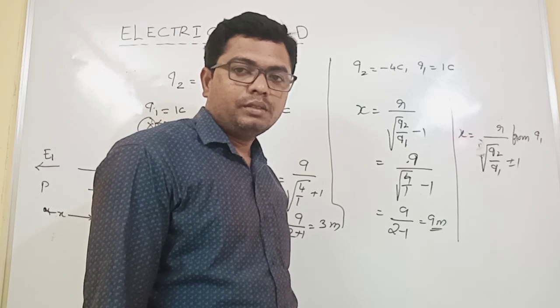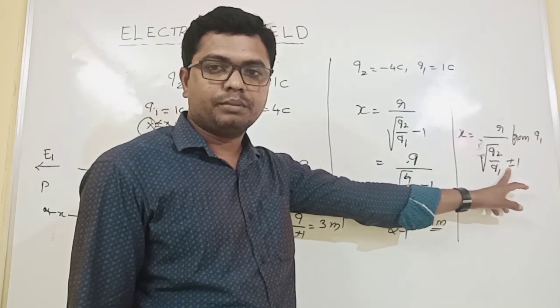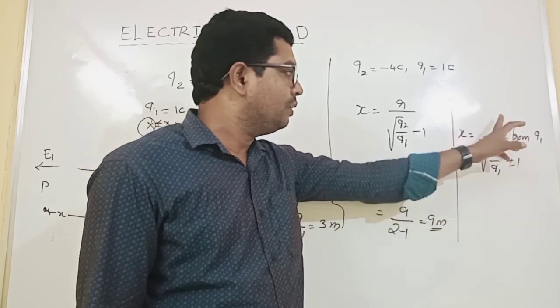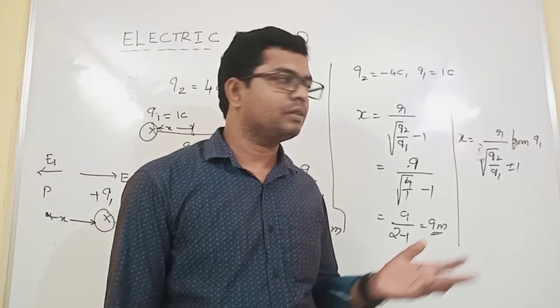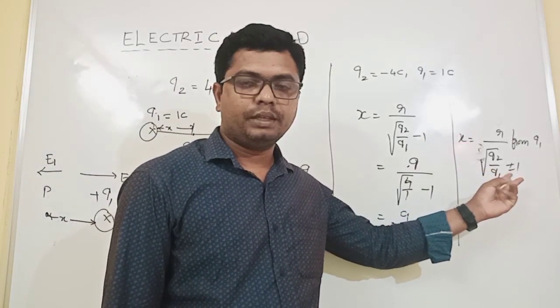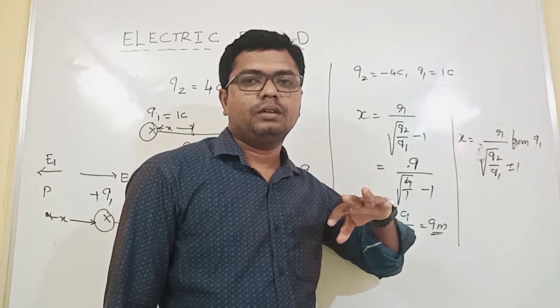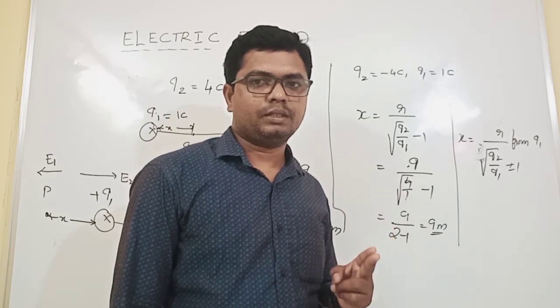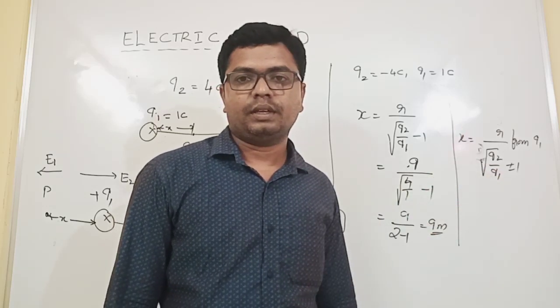From Q1 distance, if those two are similar charges, it means maybe positive charges or maybe negative charges, then you have to take the positive sign. If those two are one positive and the other negative, you should take the negative sign. That is about the